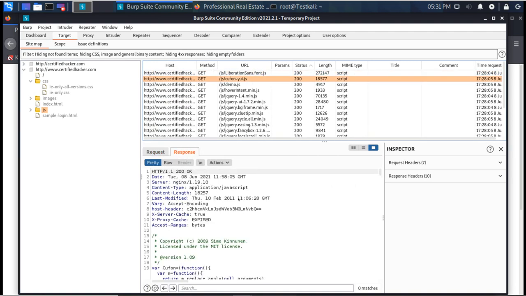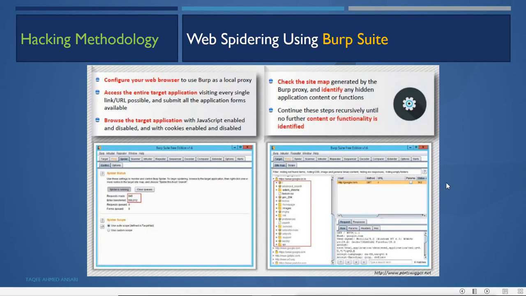So we look for the request and the response, and carefully scrutinize all these to get the information about the content or hidden content. So doing this is the manual way.